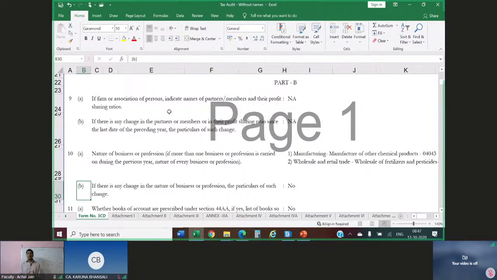Now this is again all the information which will come from the registration documents, or we can say the partnership deed in case of a partnership firm. In case there's a change in the profit sharing ratio, that would also have been reflected in the amended partnership deed or maybe the new partnership deed. And so is the case of association of persons, which will also have the documents in relation to its constitution. So from those documents, this information can be verified by the auditor. Next,